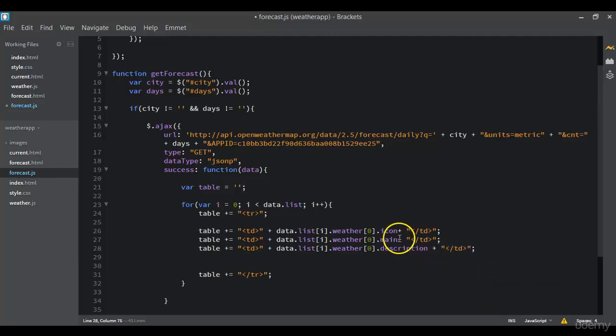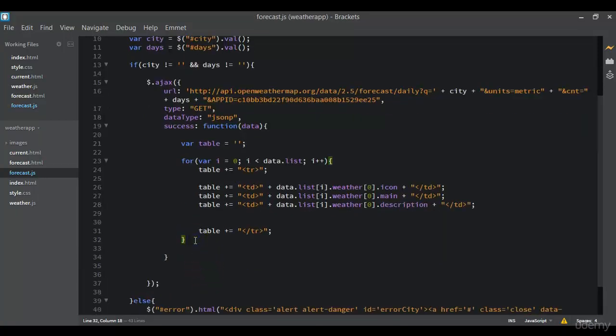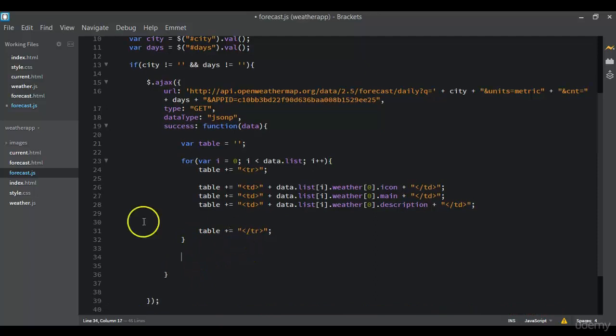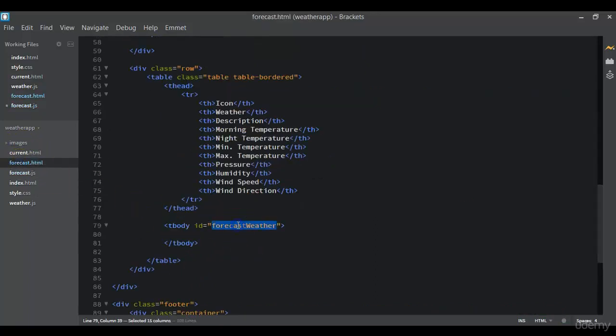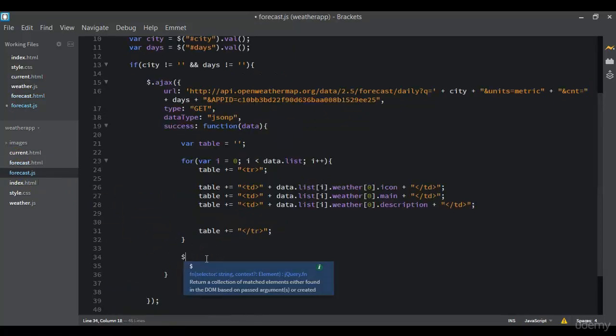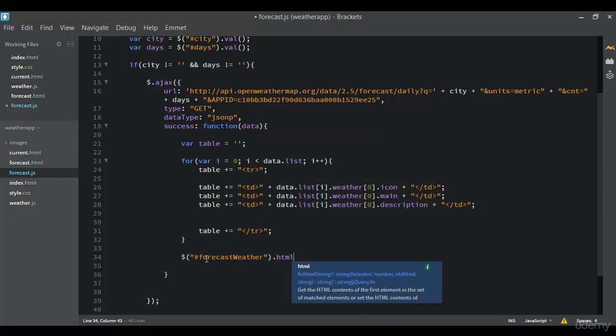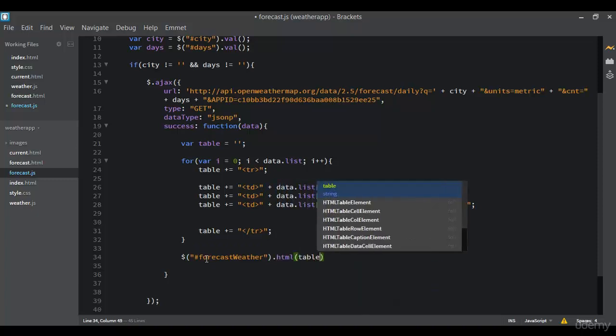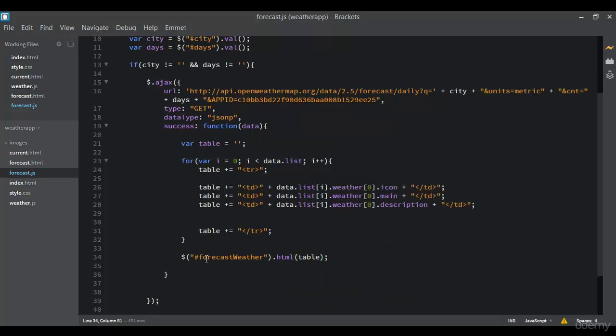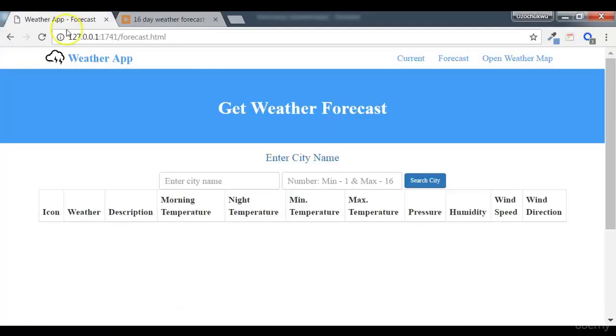So we can go ahead and see how it looks before we continue. But first, before we do that, we need to add this into the HTML, inside this element with this ID. So we say, then we add the ID dot HTML, then we add table, which holds the results that we are getting. So we have this. The next thing we want to do is go to our browser, refresh the page,